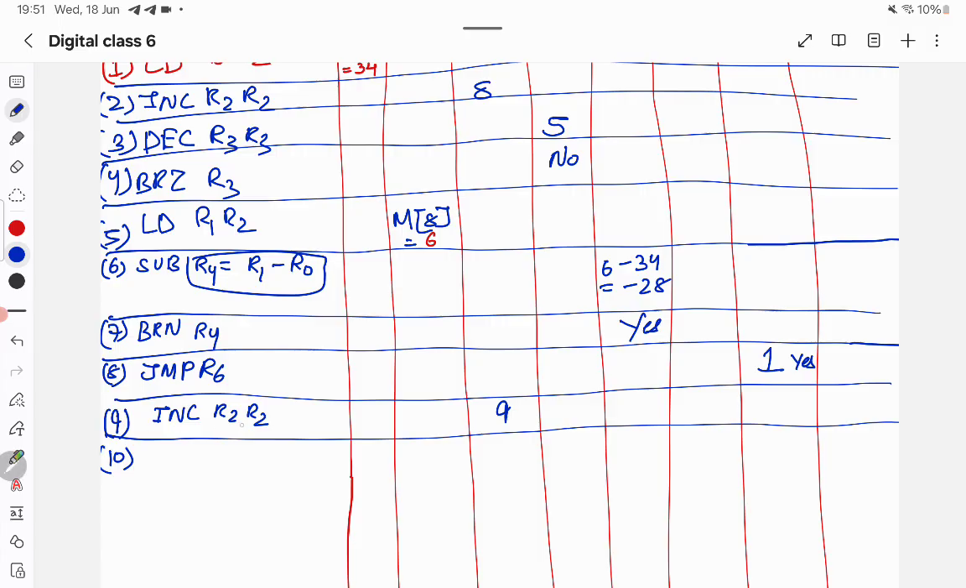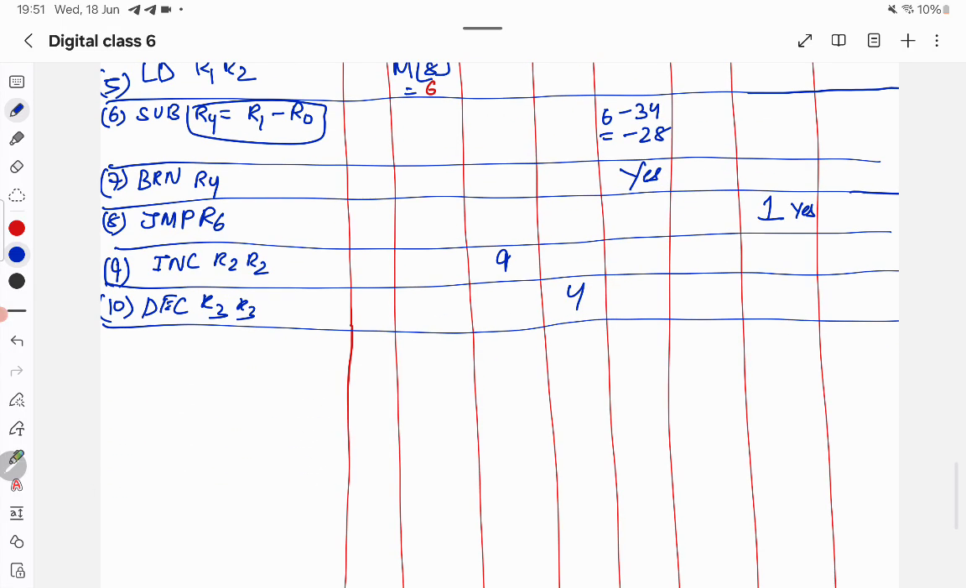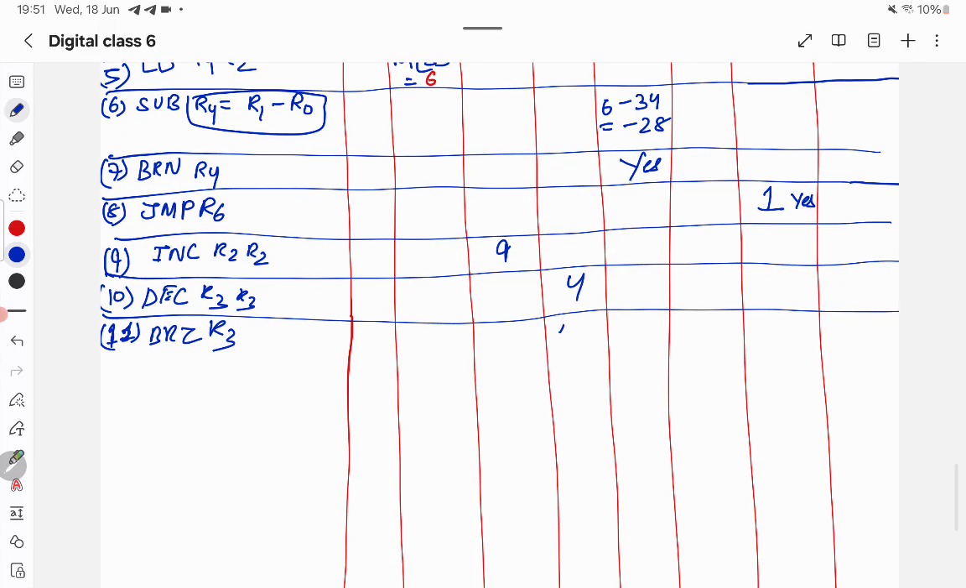So I wrote increase R2. So increase R2, then decrease R3. R3 is 5, so decrease R3 and this will be 4. Then tell me the next instruction, 11. Tell me the next one after decrease. DRZ R3. So is R3 0? No. R3 is 4. So no. Then next instruction,